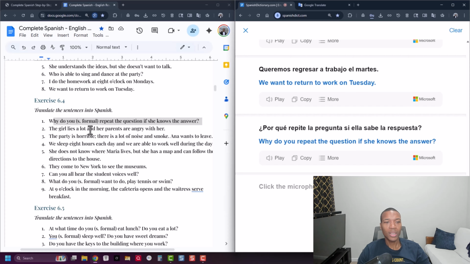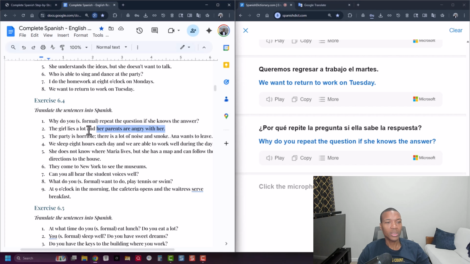All right, the girl lies a lot and her parents are angry with her. That's actually, I translated that differently because this is a direct object pronoun use. Maybe it is translated like that in the book. We'll see. The girl lies a lot and her parents are angry with her.